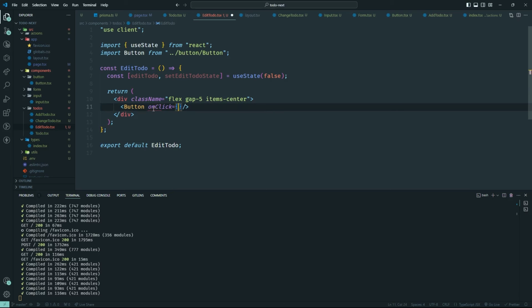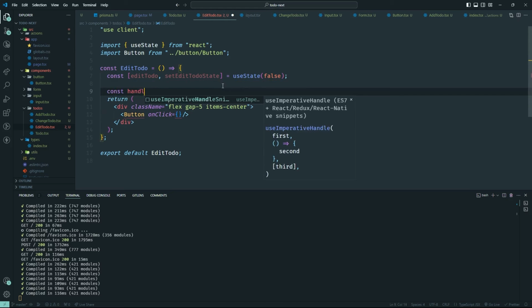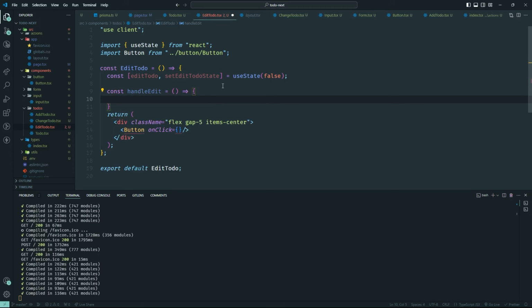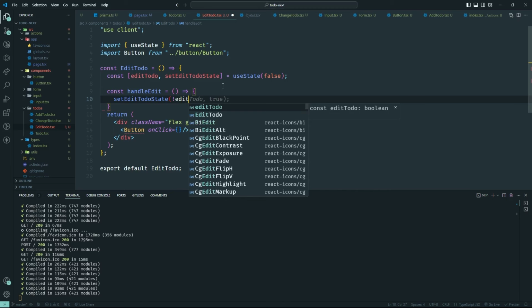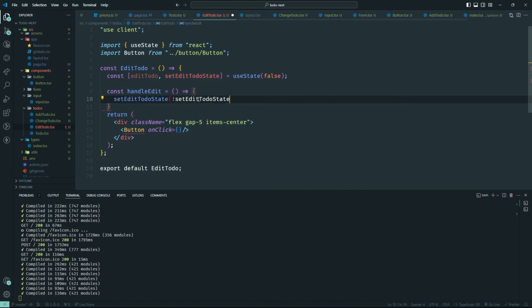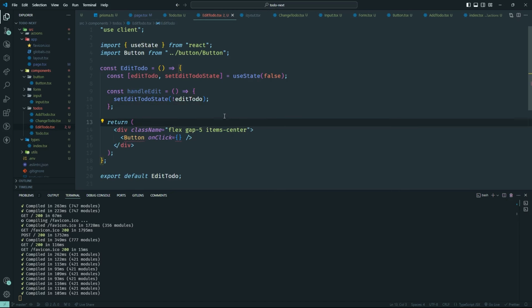It's gonna have an on click, and then we're gonna make an on click function on the top. So up here, const handleEdit would be set to the state to the opposite of edit to do. So we have that in here, and I named it state over here, because usually you don't do this, you just keep it like that. But the reason why I did it is because it doesn't interfere with the other action function name. We're gonna take a look at that in a little bit. And so that's good. That means we have that